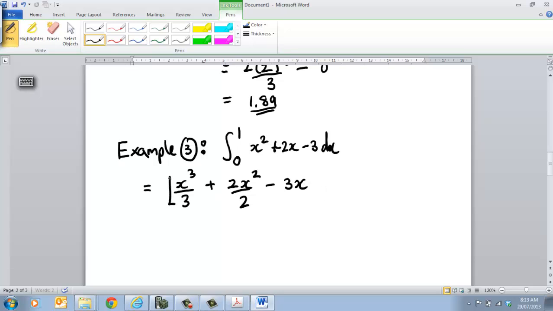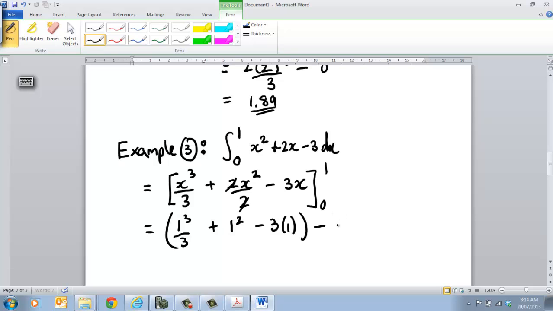And because it's a definite integral, I put it into square brackets, 0 to 1. So then now that 2 will cancel out. So that's going to be 1 cubed all over 3 plus 1 squared, take 3 times by 1, and then I have to take away from that